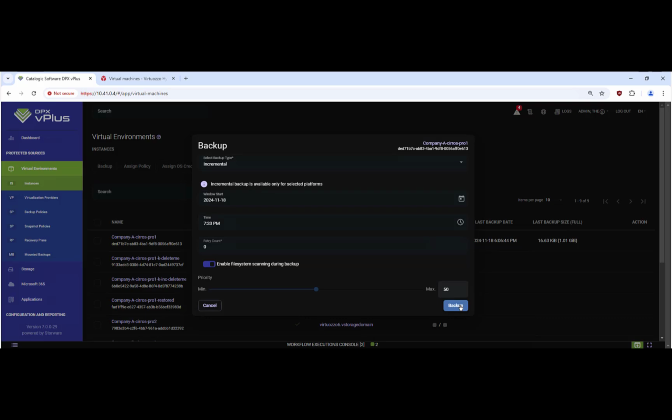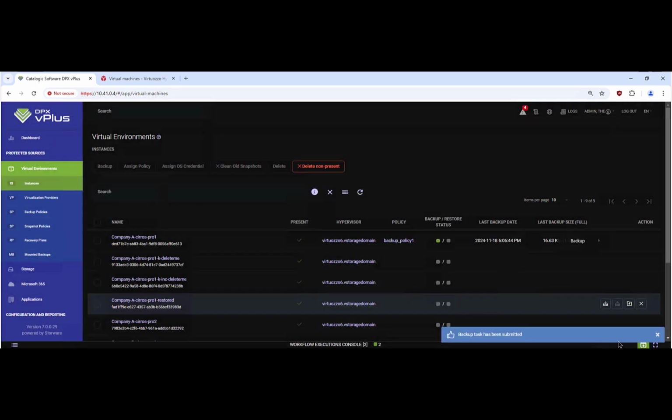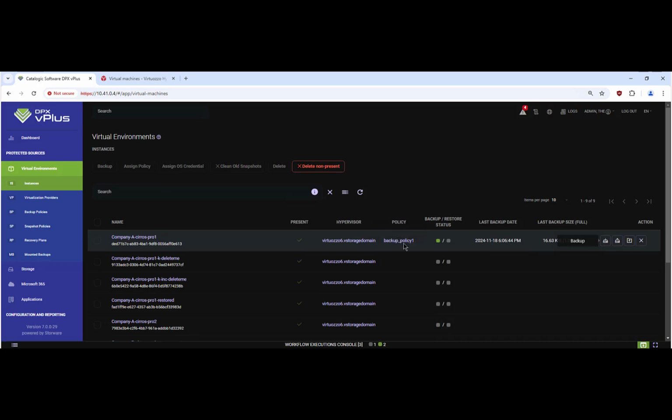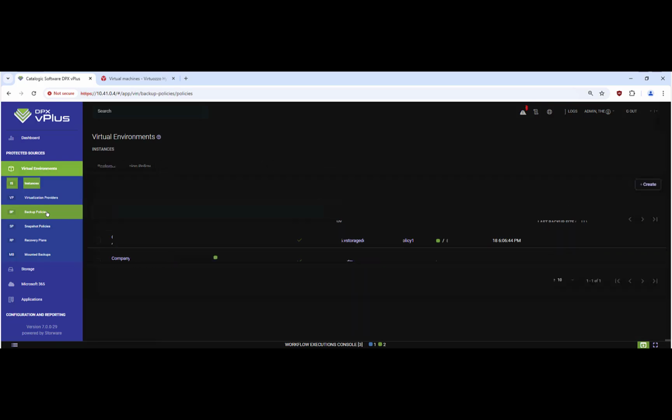In this case, I'll go ahead and run an incremental backup ad hoc. But in order to do this, I would need to assign this to a backup policy. Or in this case, I have a backup policy already created called backup_policy_one. Now to create a backup policy, I would just go into my dashboard over on the left-hand side, select backup